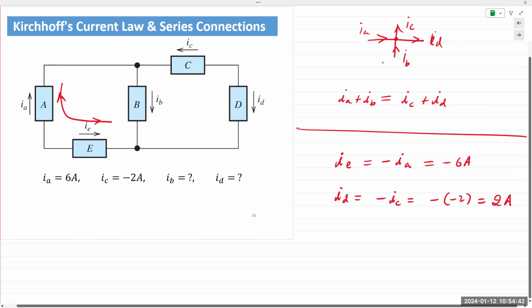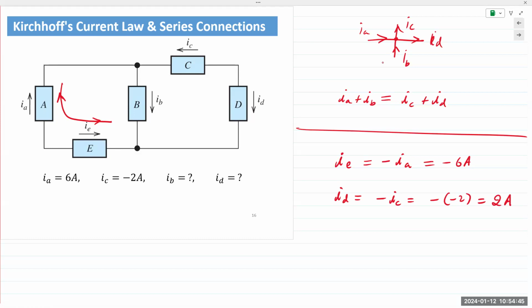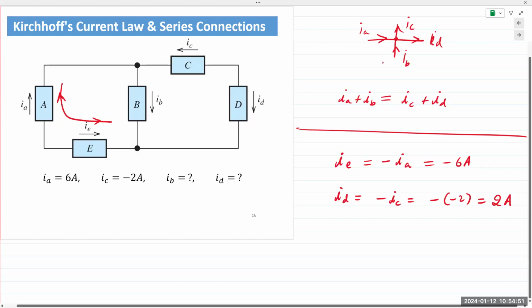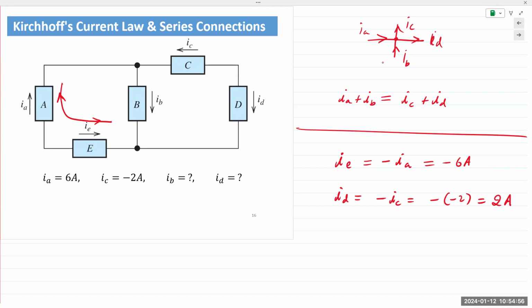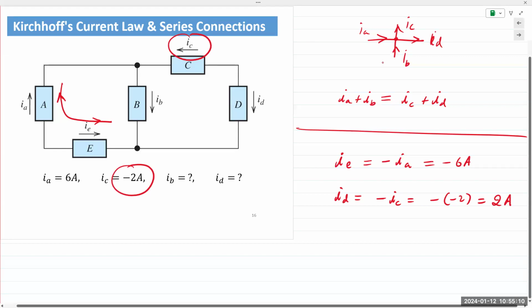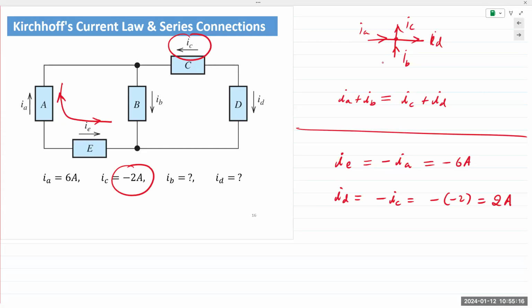We are not concerned what the actual direction of IC is. Okay, let's make that clear. IC is given to us at the beginning of the problem as flowing towards the left, but the value of IC is given as -2 amps. We are not concerned with that. Do not try to change the direction of the current. You can if you want to. You can change the arrow and then say IC is equal to 2 amps, which is fine. But